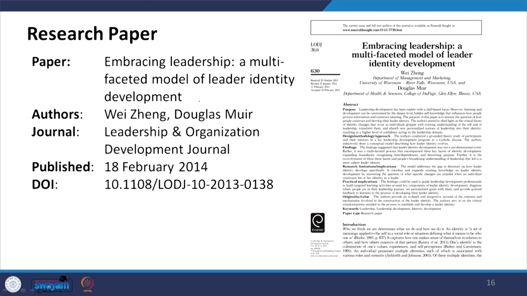Now, as usual, I would like to support this with a research paper on this particular concept: Embracing Leadership, a multifaceted model of leader identity development. How are you able to develop that leader? Now, the authors and the journals have been mentioned here, and in that case, in this particular paper, leadership development has made